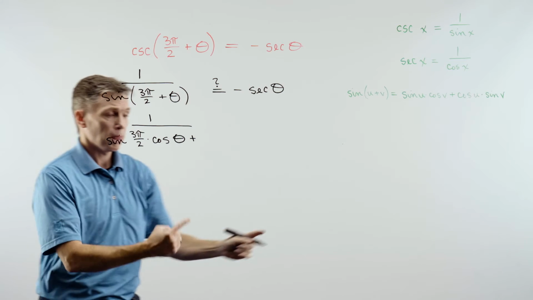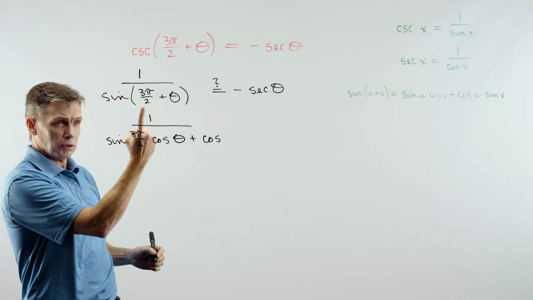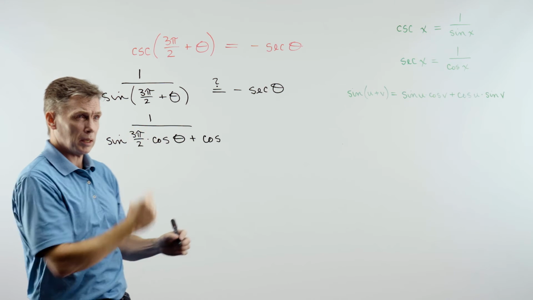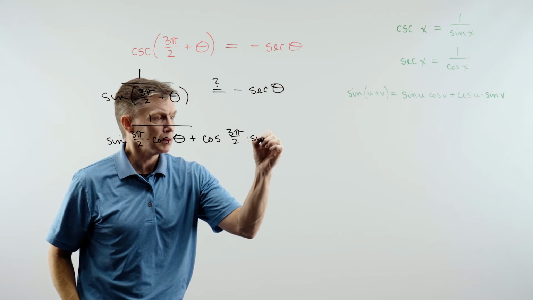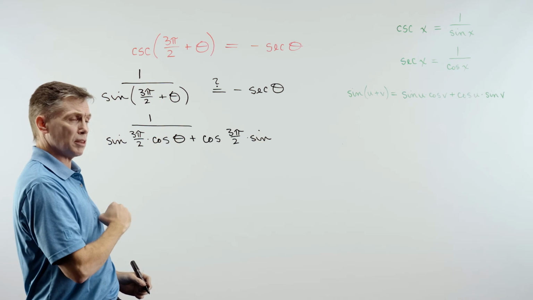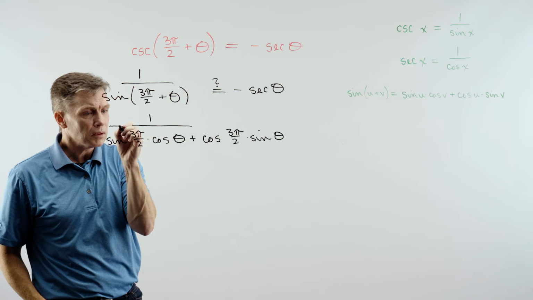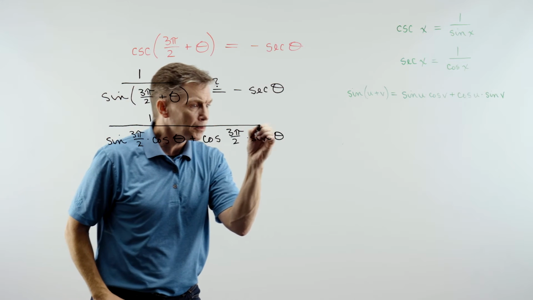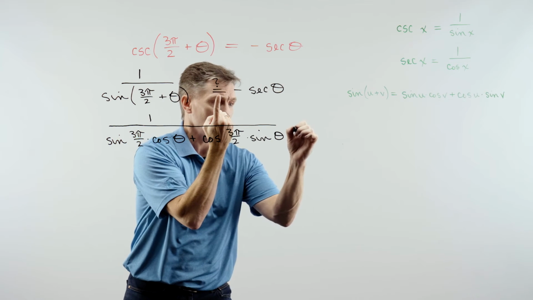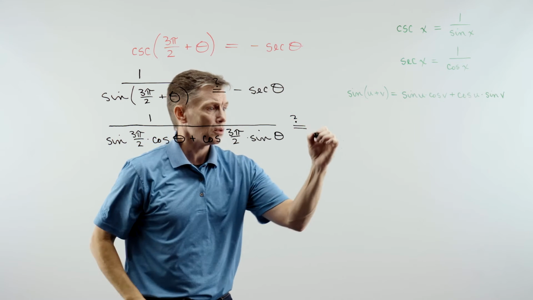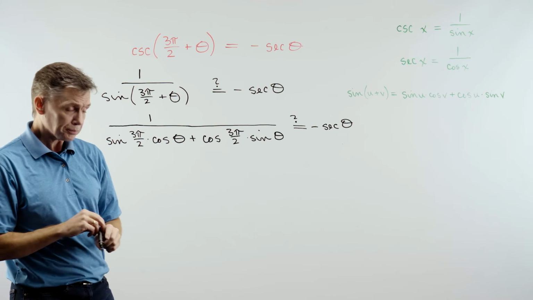I'm just like right there. Next thing I see is cosine of u, so cosine, and u was the first term inside the argument, so 3 pi over 2, and then multiply by sine of v, and my v was that theta, the second term inside. It's theta. All of this is in the denominator of this fraction, and all of that is on the left-hand side of the equal sign, so I'll carry this down now, and even still question whether that equals negative secant of theta. Okay? All right, now,